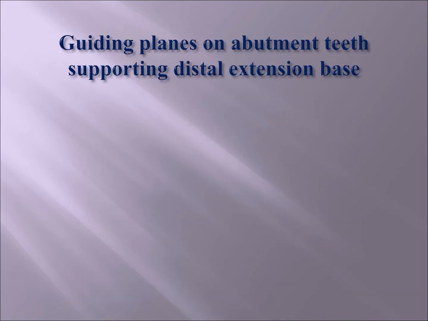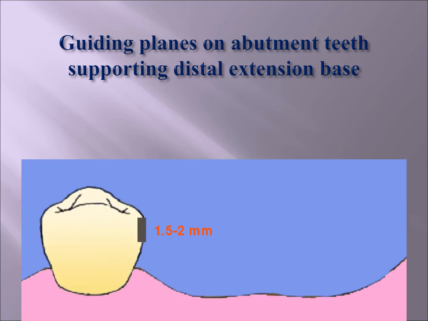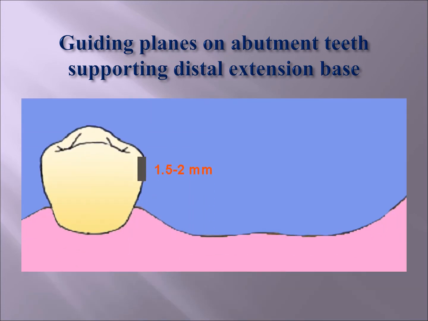Now, for distal extension bases, guiding planes are prepared to be shorter than the ones for abutment teeth supporting bounded saddles. They are around 1.5 to 2 millimeters as opposed to 2 to 3 for the bounded saddles. Now, why do we make them shorter for distal extension bases? The reason is in this way we make it easier for the guiding plate to disengage the prepared guiding